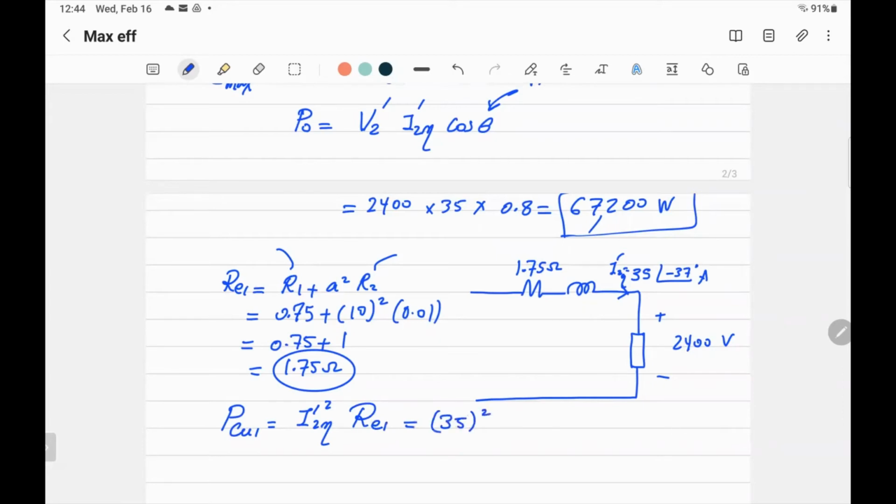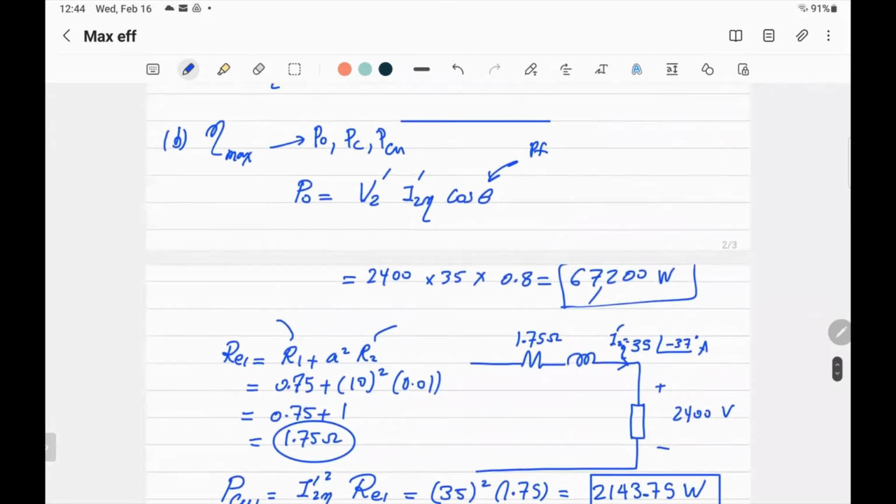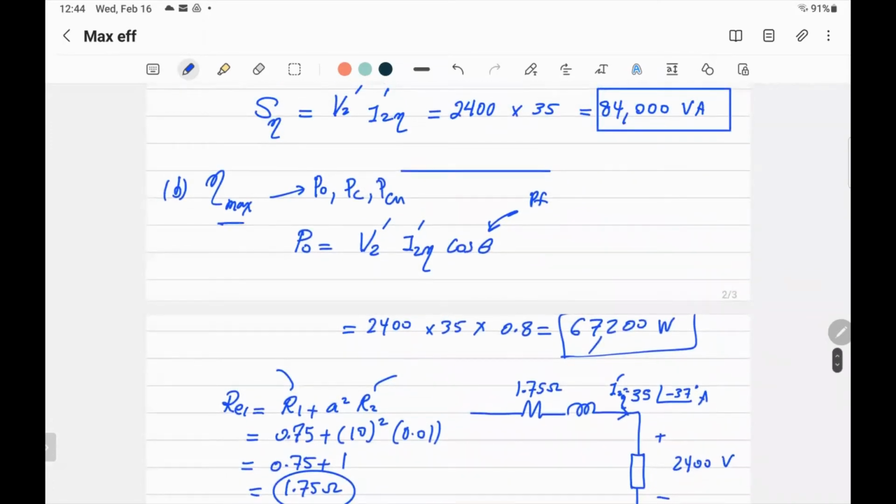When you calculate the loss, it's the magnitude squared times the resistance, 1.75. And we get the copper loss, which is equal to 2143.75 watts. So that's the copper loss. I'm almost there because I need to calculate the efficiency. I need output power, core loss, copper loss. I've got everything except